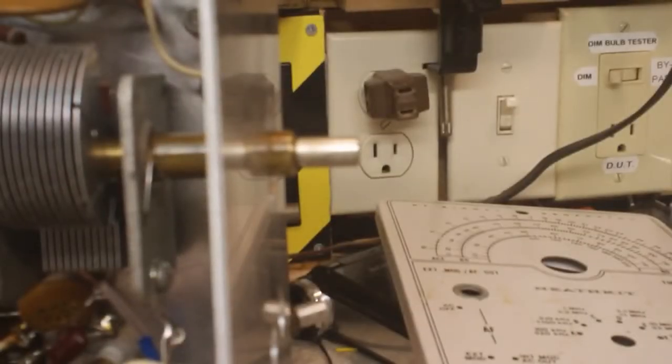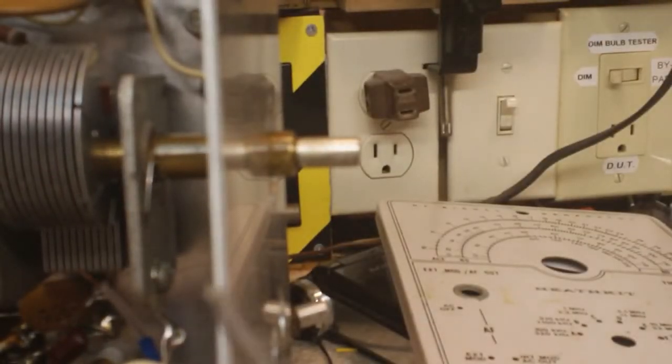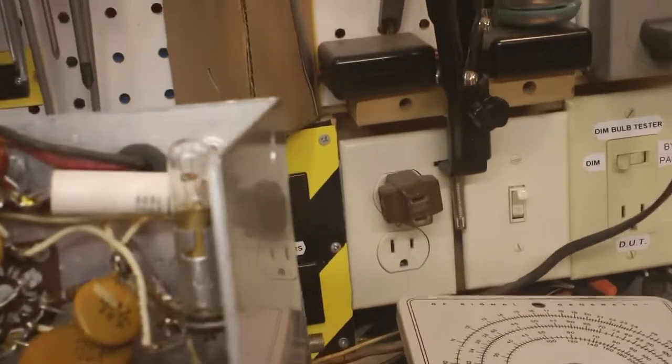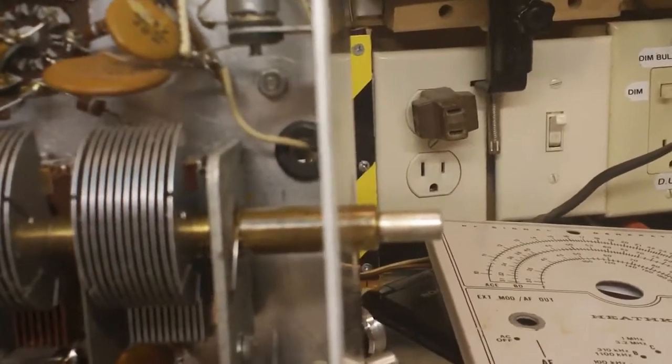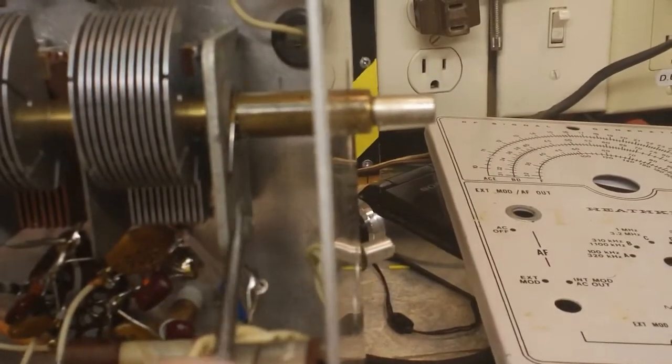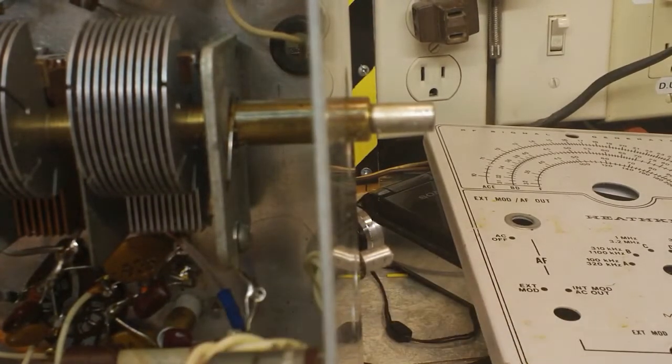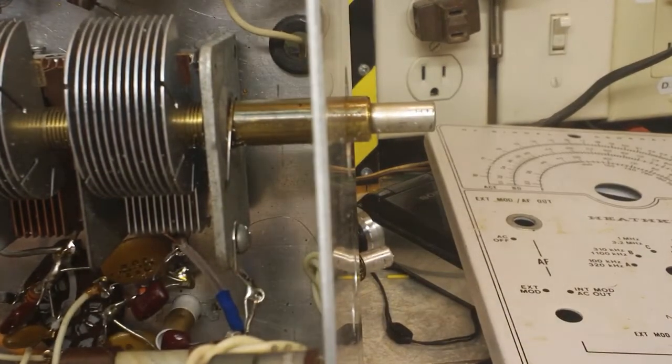So alright, back once more again. I think you can see it here. Let's see, where am I at? Here is the screw in there. It is tight. All that is good. I have not got anything else done yet, but I'm getting ready to, as you can see down here,